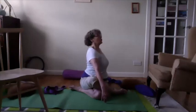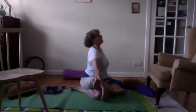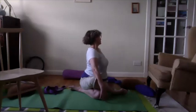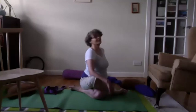If you're doing this from the floor, then you can always just take your knees to the right and then take them to the left to get that rotation. Draw your belly in and up. Nice, and then release. Great. Okay, so to come out of that, we're going to take the knees the other way, but